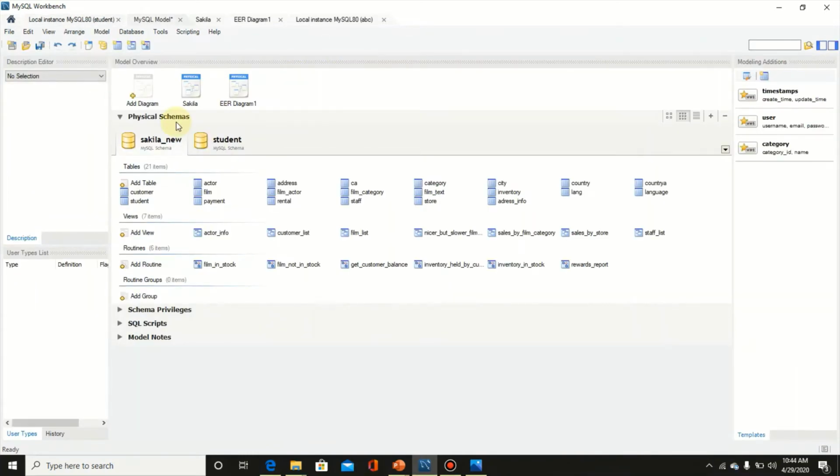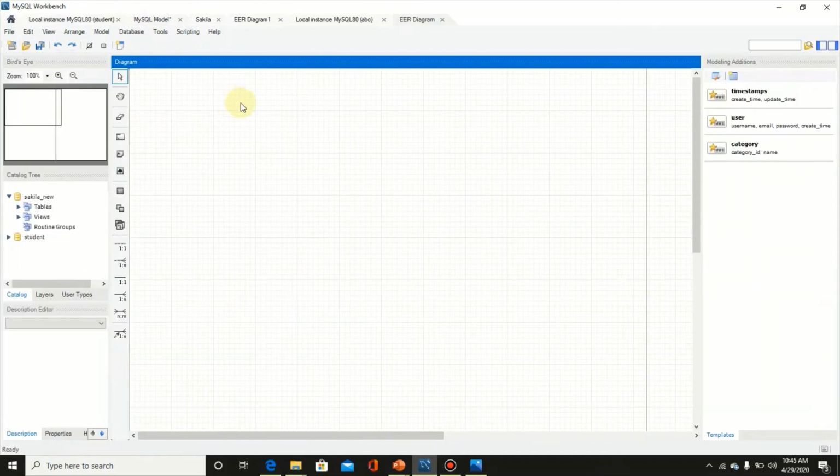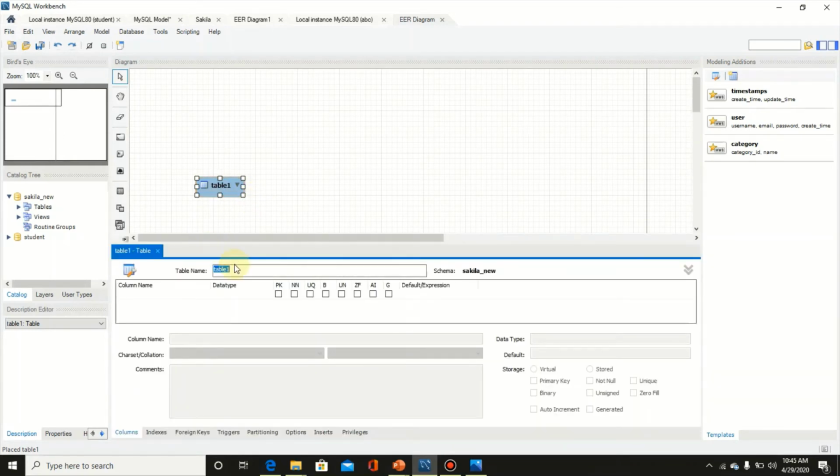Here in this interface, under MySQL model, we can create a new diagram for a database. So double click add diagram. We got a new diagram here, so we can drag and drop many things here. We have many options for this diagram. For example, I'm going to create a table, so I can easily drag and drop this table here. So double click this table, we will get some options for this table. Let's say I'm naming it as student, so the table name would be student. Give some attributes like ID, it should be primary key,